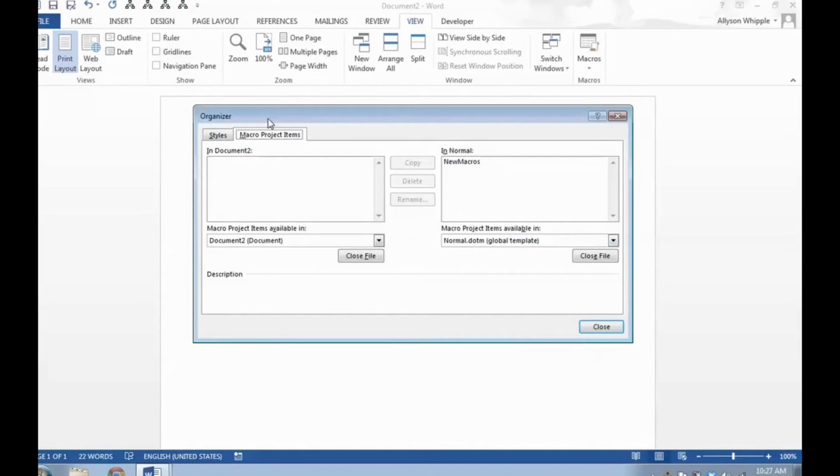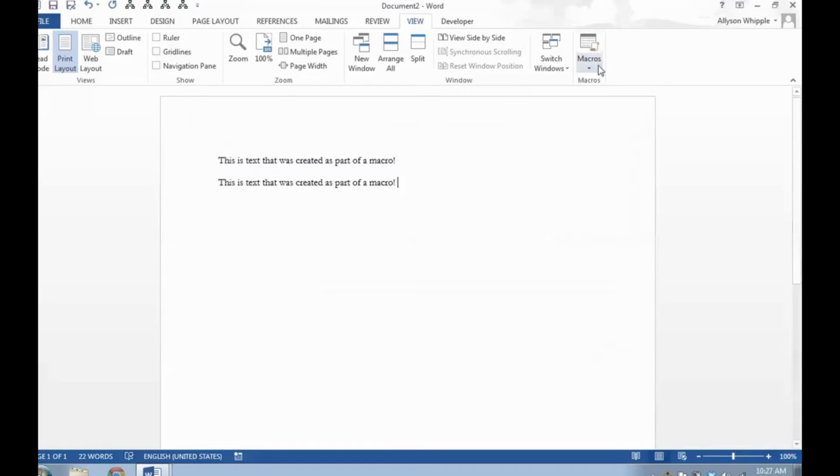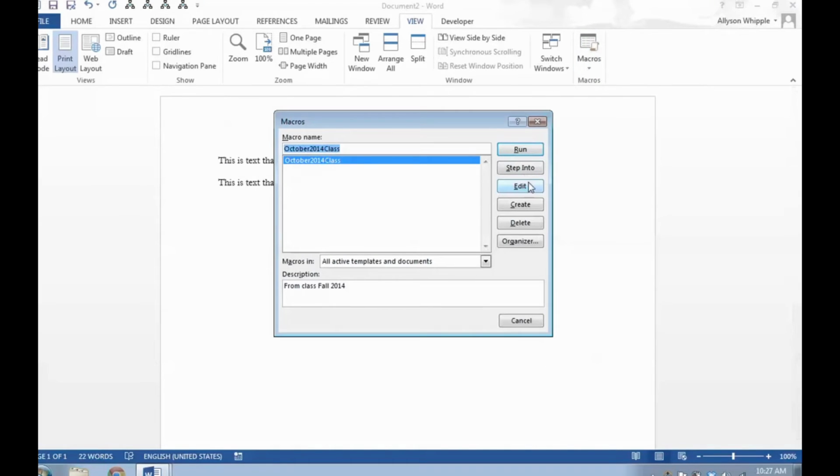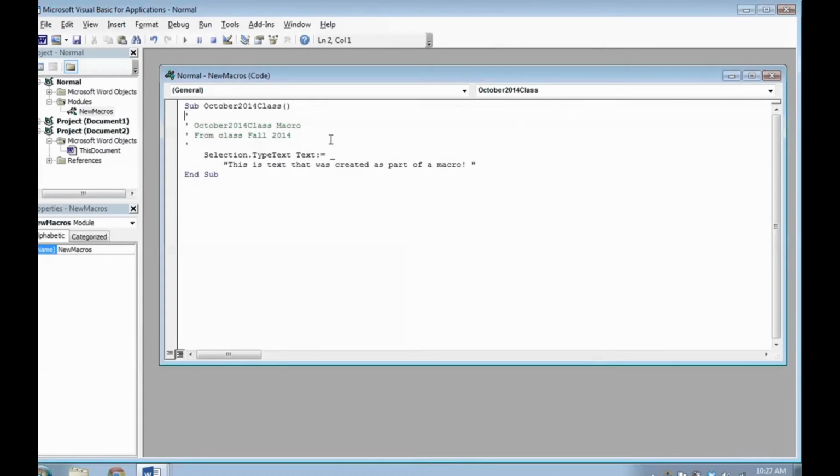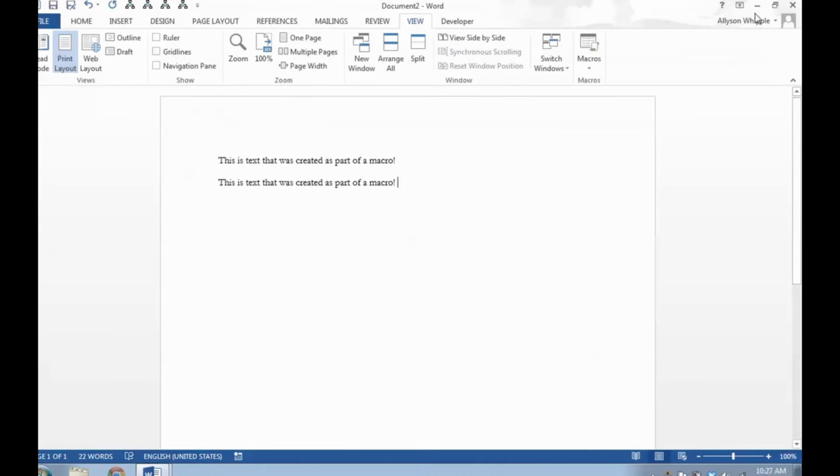You can go into the organizer to edit it, or you can edit it through here, but that's kind of a lot of work. This is more advanced type editing. That's not necessarily something we're going to cover in this class. Anyway,